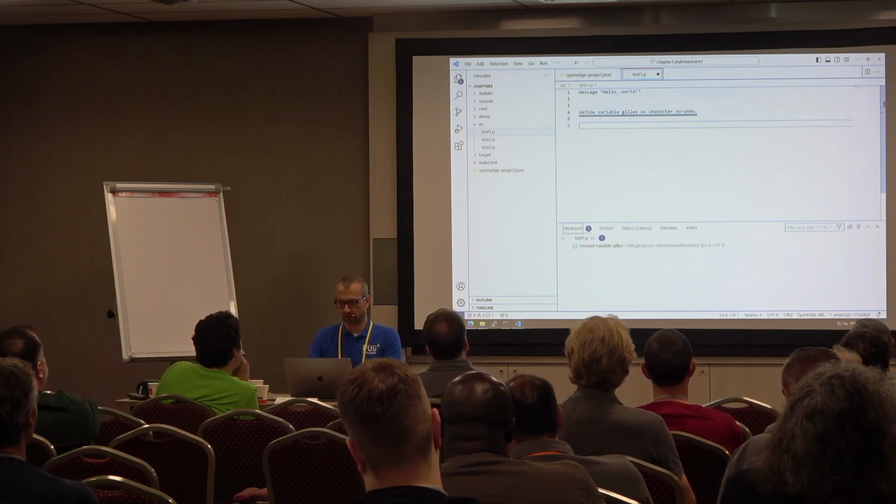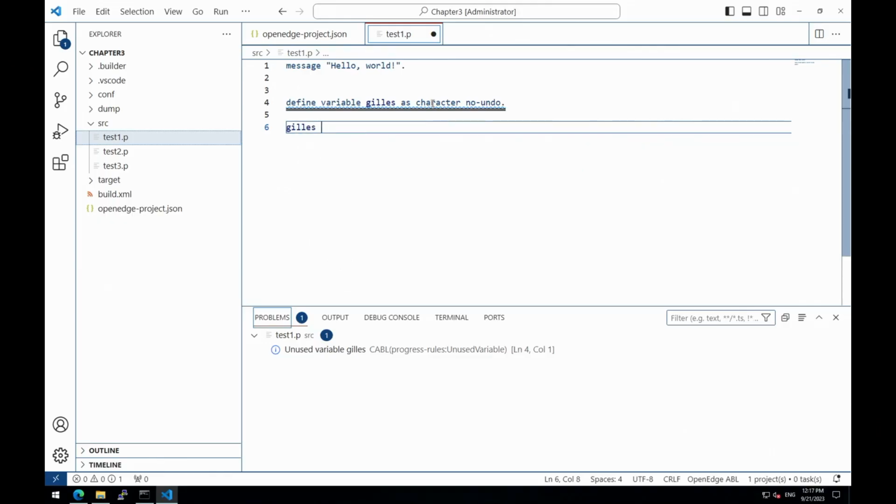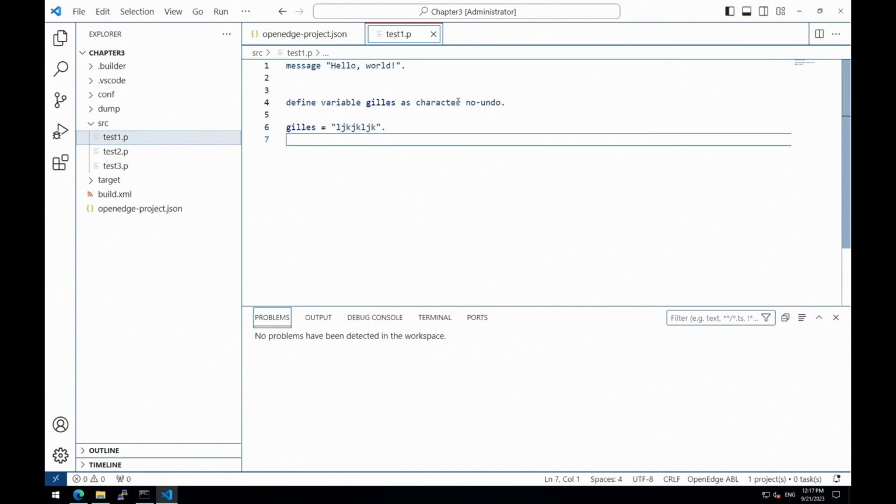So we can say Gilles equals, and I'm on an English keyboard. Here it is. Now we don't have the issue anymore because we are doing something. We will come back later to the rules that can be executed. This is a sample set of rules that you automatically have when you install the VSCode plugin.